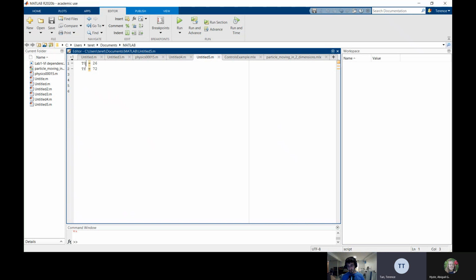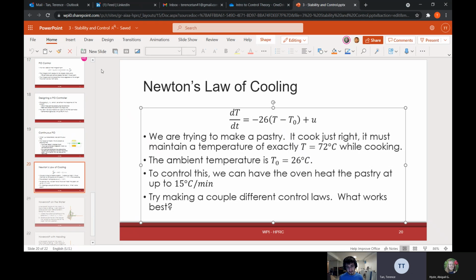Okay. So I'm going to change the ambient temperature to be TA, and then our initial temperature to be like 50, and then